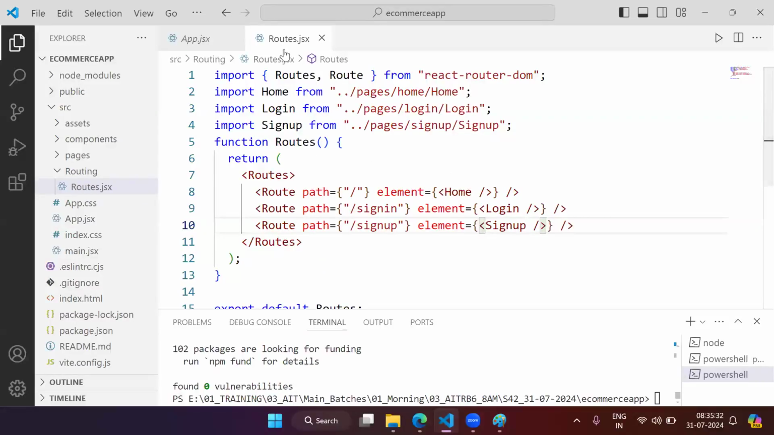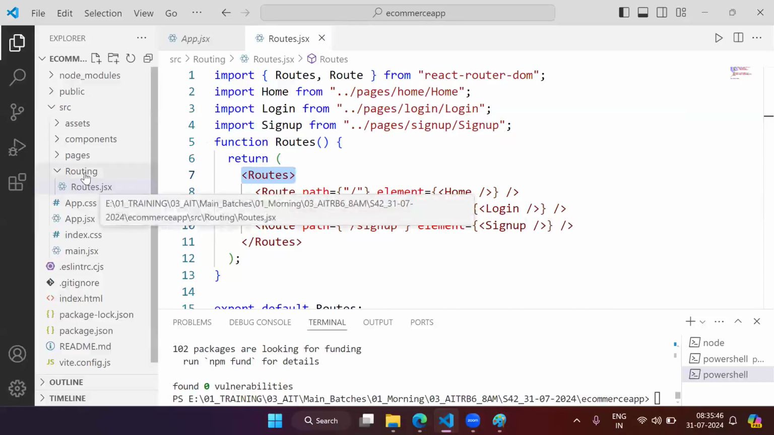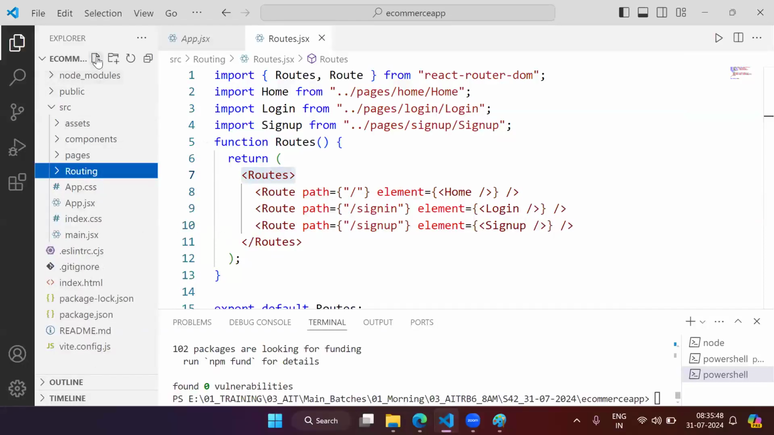So now here we got this routes. Now what we can do, this routes component. Here I will just say instead of routes, because already here we have routes, right? Again, it might give the issue. So let me do one thing. Let me create